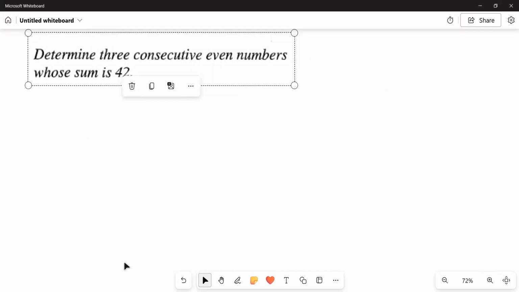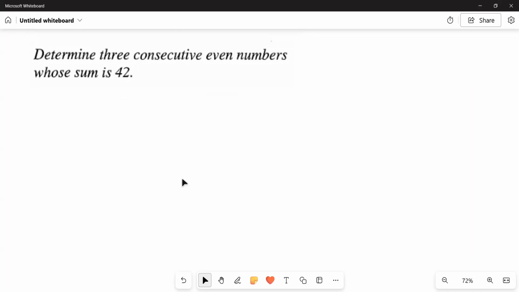So our task here is to model this problem, first of all. We want to model it. They're talking about 3 consecutive even numbers whose sum is 42. They want 3 of them, and these 3 numbers have to be consecutive. So what you can do is